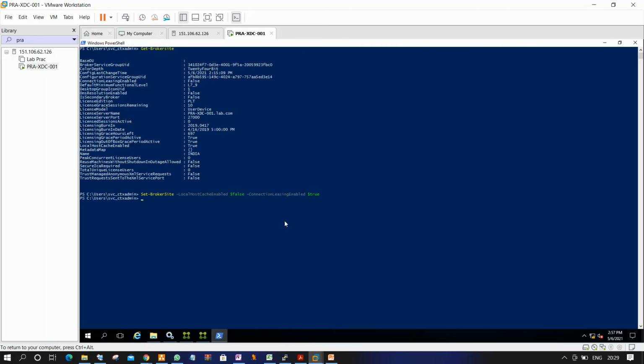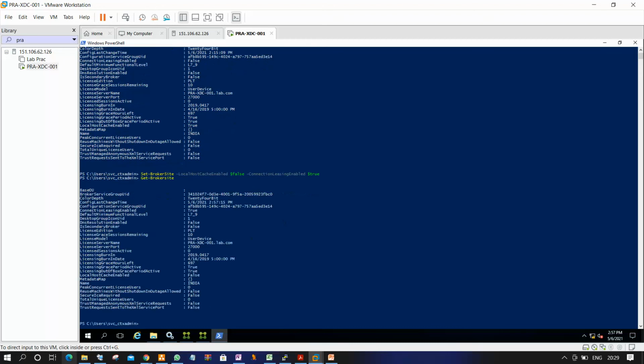That's it. Now you can use the command Get-BrokerSite and check here. Now local host cache is false, that means disabled, and connection leasing is enabled. Now, guys, if you want to try enabling both at the same time, I'll show you that too, whether it works or not.